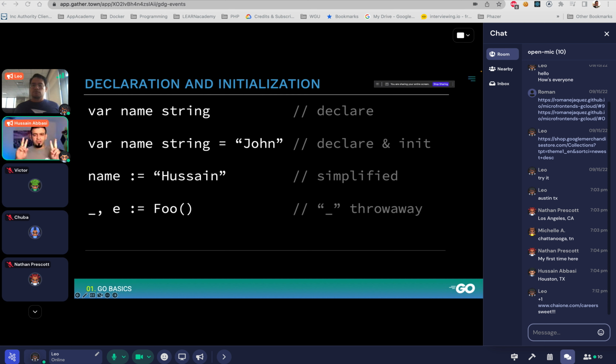There is also what I call a throwaway variable. I don't know what the technical term is. I just call it a throwaway variable, which is an underscore. If you have done any sort of development in Swift, you would know that if you are using an underscore, you don't want that memory address, you don't care about it, just read it and throw it away. Go has the same concept. So it's usually good to throw away variables that you don't care about.